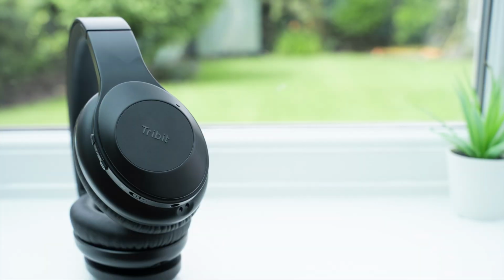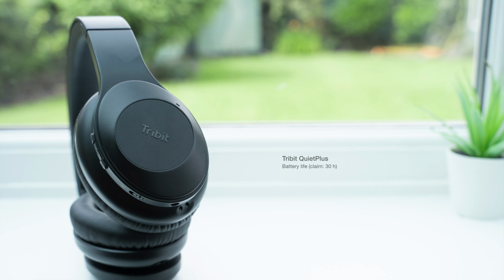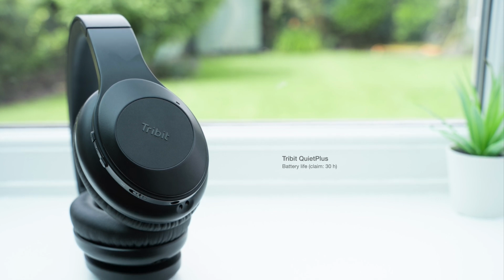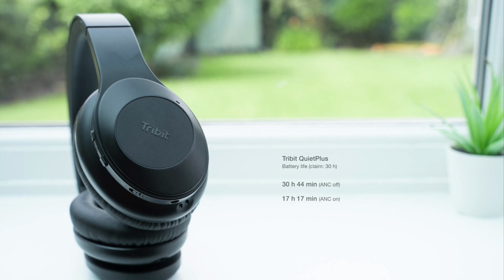In terms of battery life, both headphones are offering a generous 30 hours of playback, but it's not made clear that this is with ANC turned off. I tested both headphones in full with multiple devices and with ANC both on and off. The QuietPlus averaged just over 30 hours with ANC off, and 17 hours with ANC turned on, performing slightly better